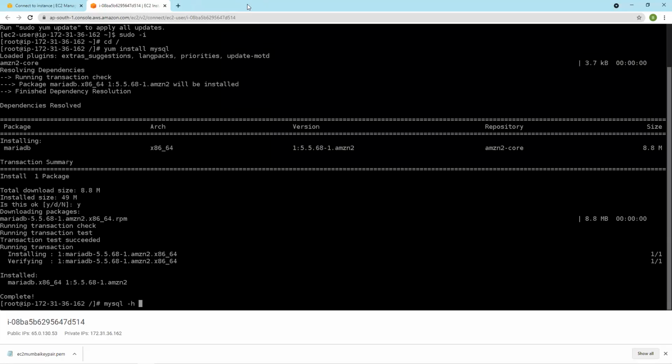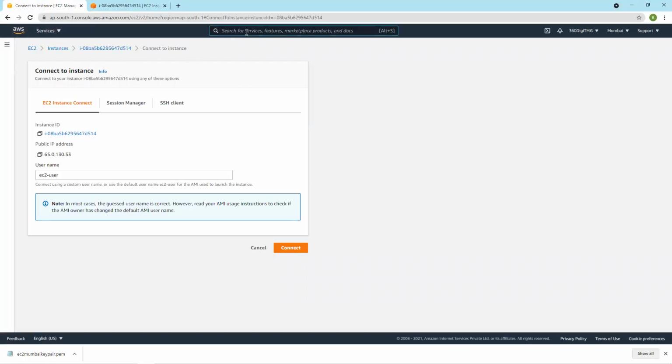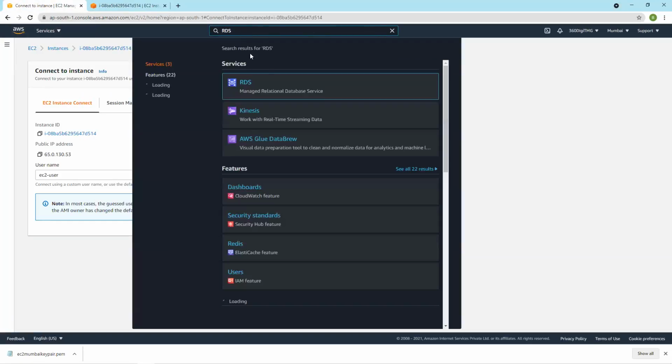Anyway, we will talk about this later, the Lambda function. And I want to connect with the RDS database.